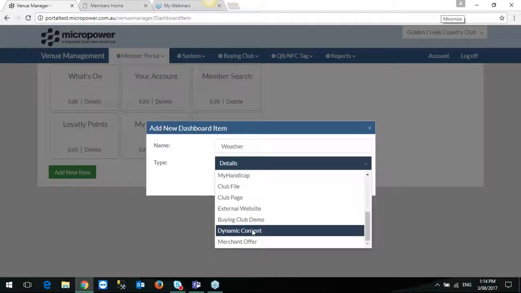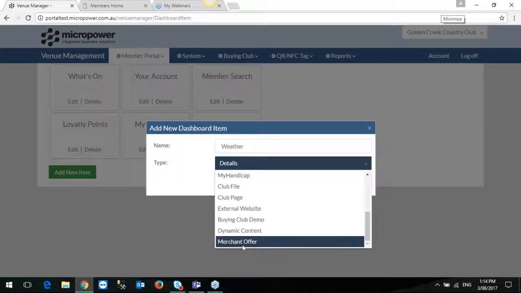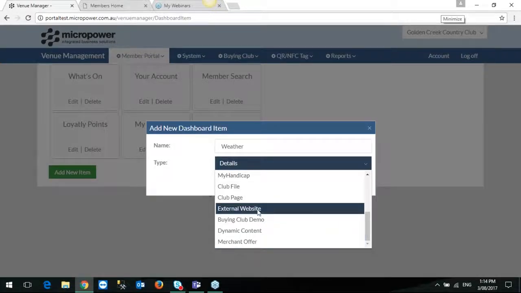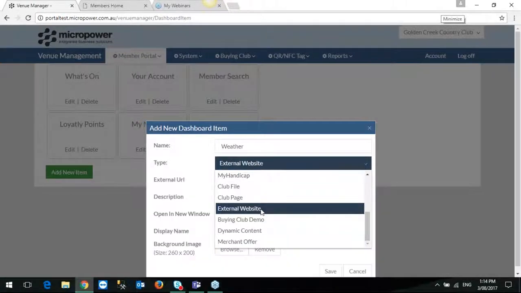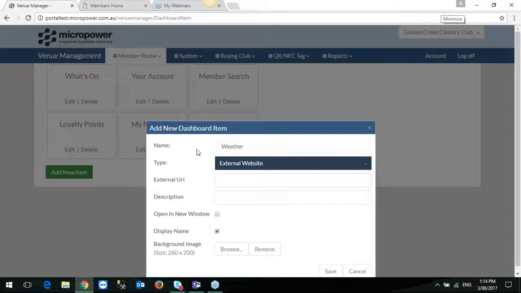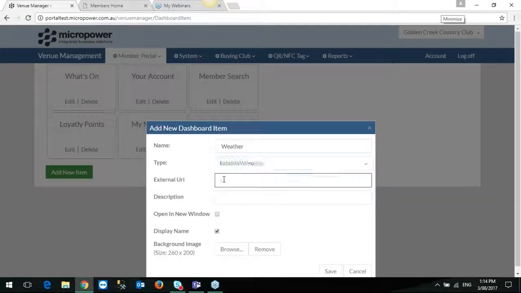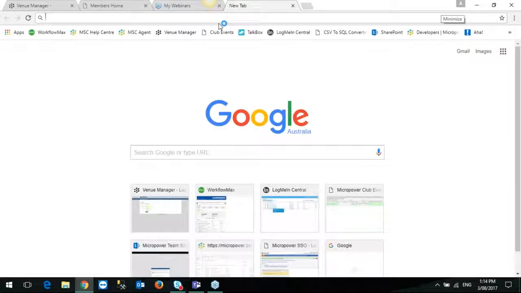Dynamic content, that's exactly what it says it is, and I'll go through that. So it's a box where you could put practically anything in there. And merchant offer is a new one to do with the Buying Club. I'm going to do the external website. Okay. So that's the name of my tile, weather. External URL. I'm just going to go off to,